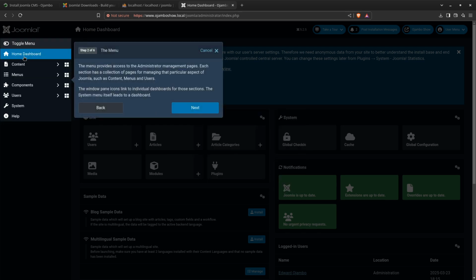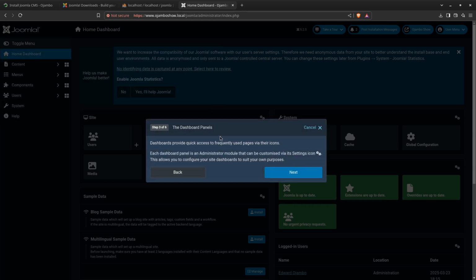It's telling you that when you first come in, you'll see the dashboard in the side here. And obviously that's simple enough. And then the dashboard panels, which are a quick way to get to different parts of the admin area,